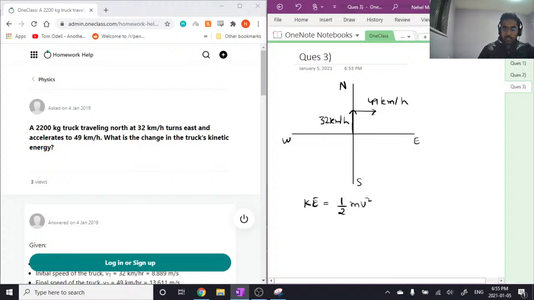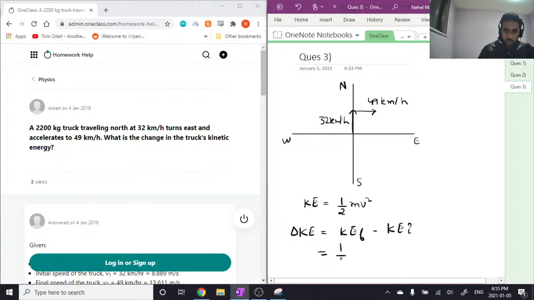It does not get affected by the direction of motion. So we can plug in the velocity in this equation as is, and we don't mind if it's north or east direction. So the change in kinetic energy is equal to kinetic energy final minus kinetic energy initial,